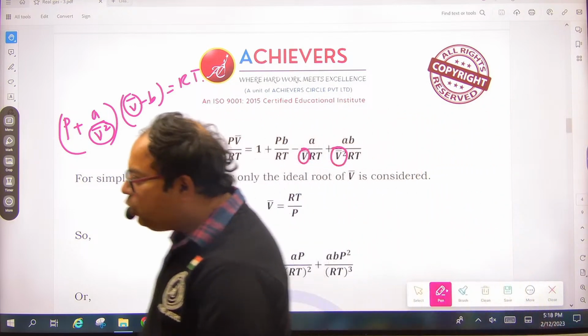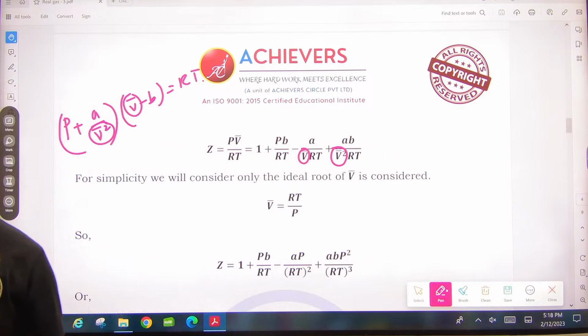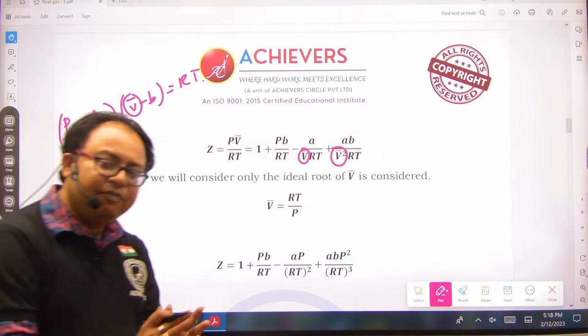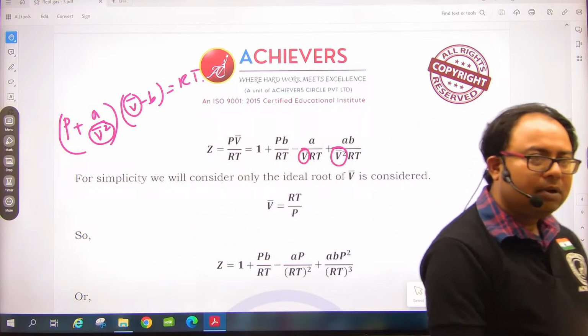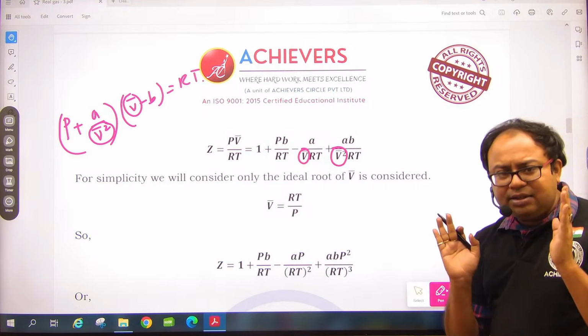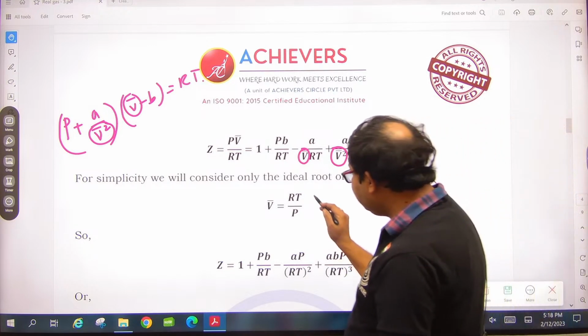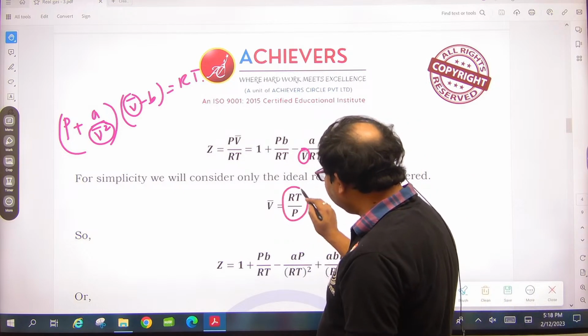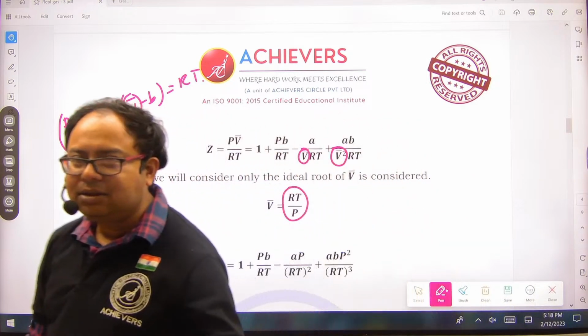So if it's a cubic equation of state with respect to V bar, then we expect 3 different roots, out of which the primary root is the ideal root. So we are simply considering the ideal root V bar to be equal to RT by P and nothing else,